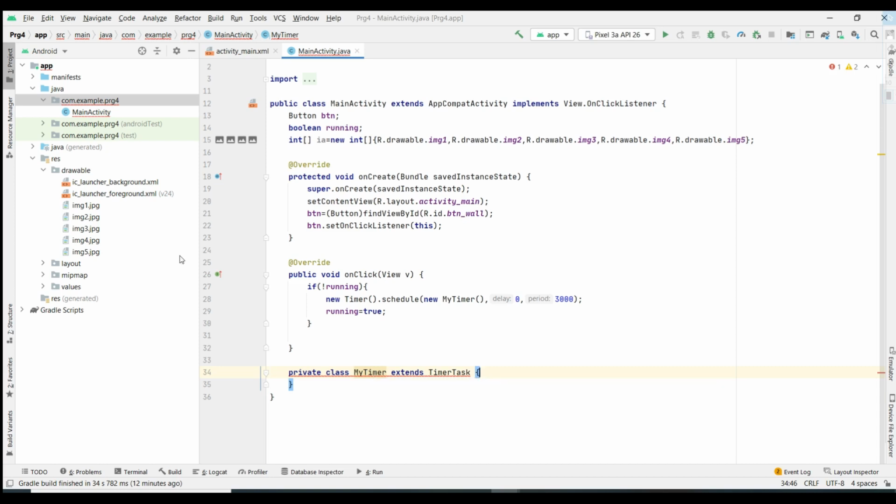So that is going to be responsible for changing the wallpaper to the next images, since I have 5 images, right? So now enter within this.